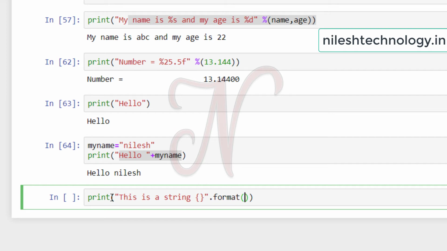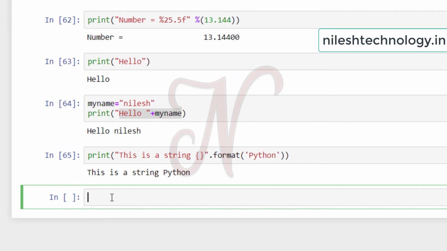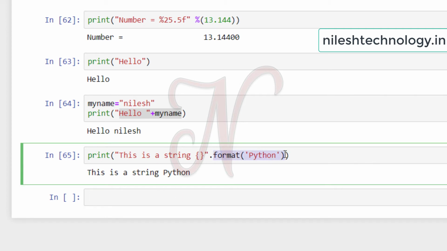Here I will pass one message, my message is Python. Now we run this code. My output is "this is the string Python". So by using the format function, the string Python is replaced in the curly braces.